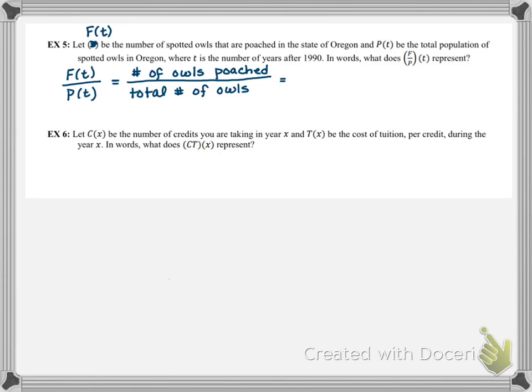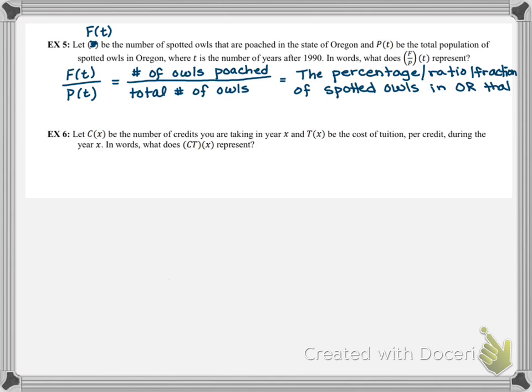So this is going to be the percentage or ratio or fraction, however you want to write that, of spotted owls in Oregon that are poached